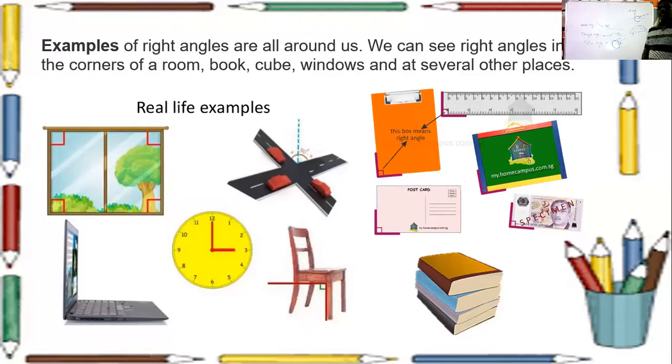So it is not that the 90-degree angle is only seen in the mathematical textbook. In regular life also, if you observe your surroundings, wherever an L shape is there, there you can easily see 90 degrees. In fact, 90 degrees is the angle which you can feel the most number of times in your surroundings. In the corner of your home, in the wall corner, an L shape will be there.